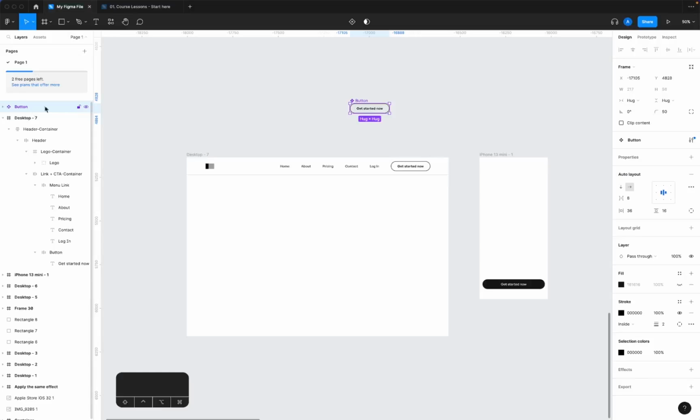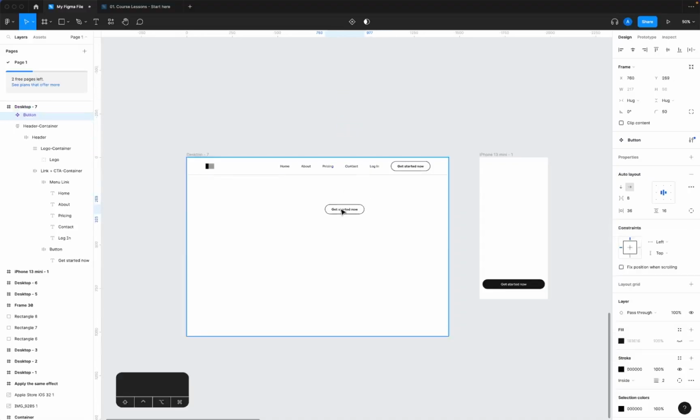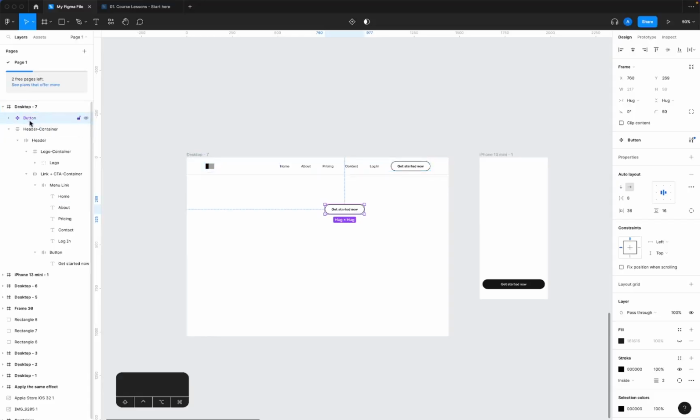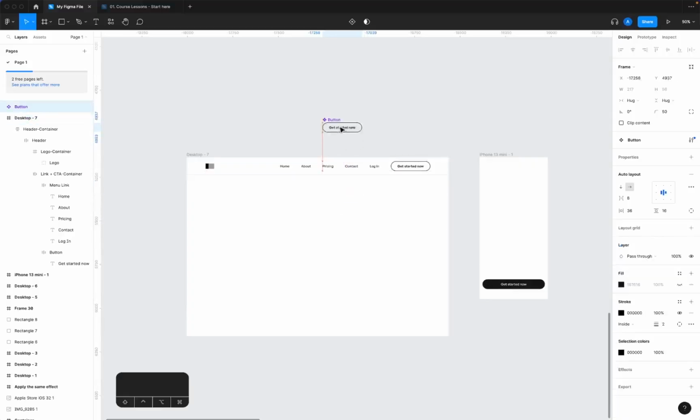The thing we just created is called a master component. Ideally, you want to put all your master components on a separate page and not use them in your designs. All master components will be displayed by this filled diamond shape. So make sure you don't use your master components. You want to use your dynamic components that are created from your master. So what I mean by that,